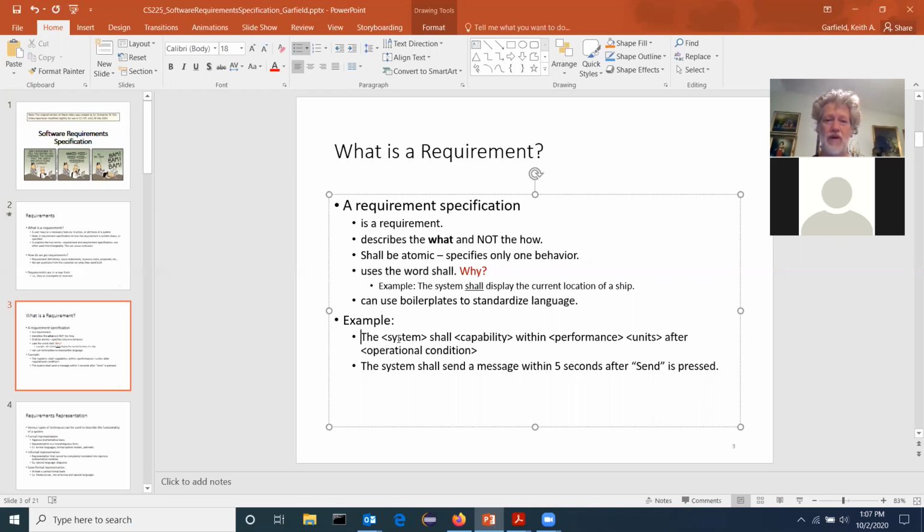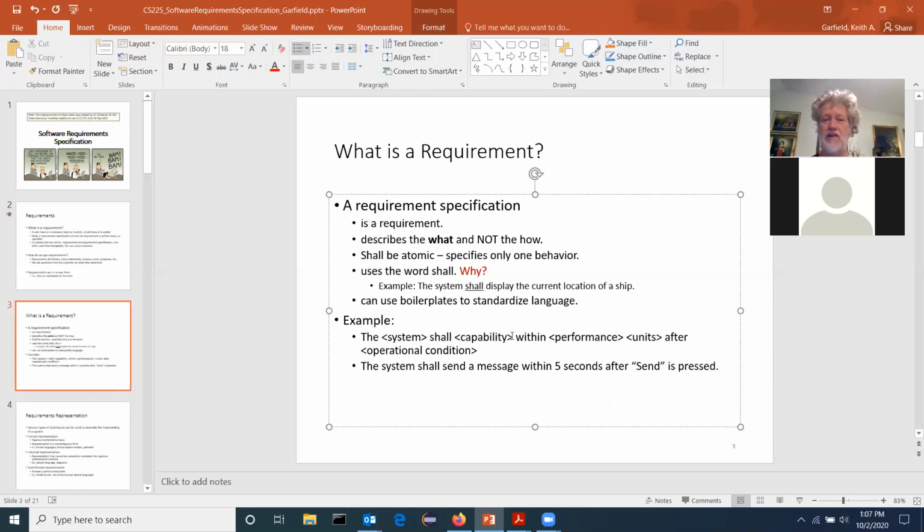The generalized format is fill in the blank here. The system shall do something, usually within some time frame with the units specified, seconds, days, months, after something happens. Now, some of these can be left out, but that's the full format. The system, the software, this class, this method, the method shall. The calculate area method shall